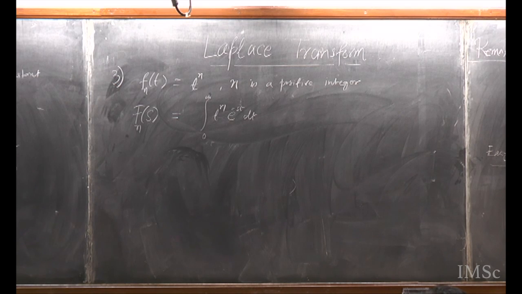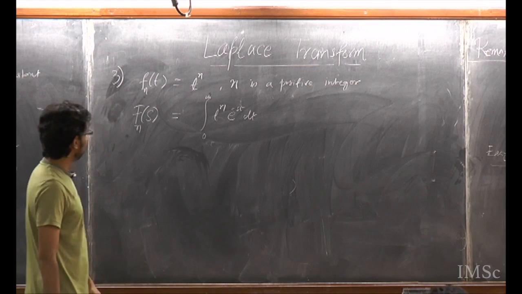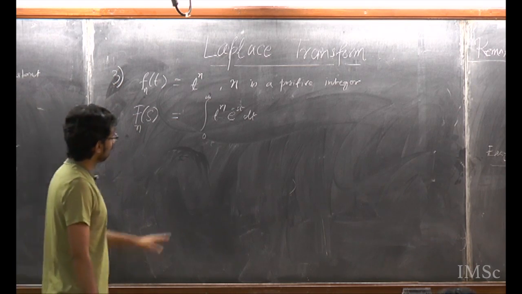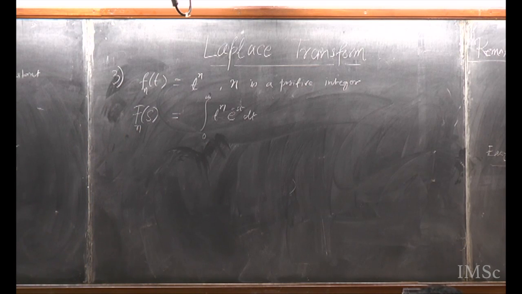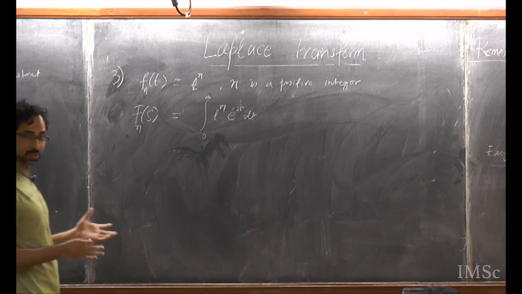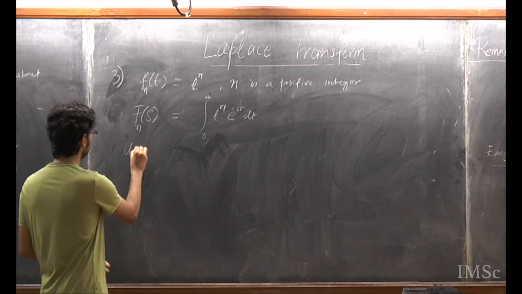Oh wow! So you guys are always way ahead of me already. Yes, you can use a gamma function, and then you want to use that gamma of n plus 1 is n factorial, right? I don't want to do that. I want to do it by first principles. So then we use